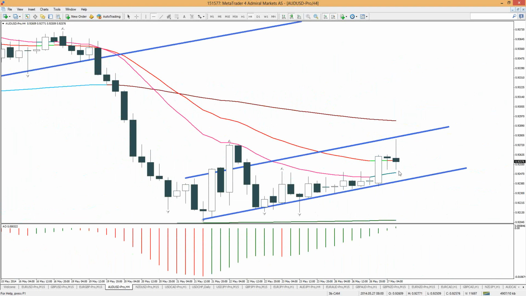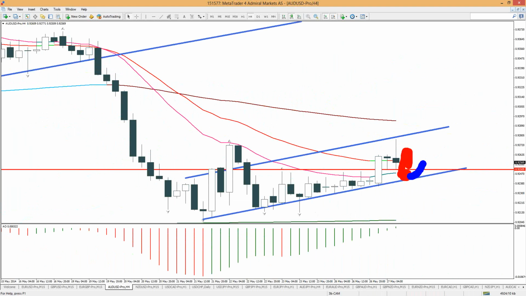Particularly interesting would be if we can close below these 4-hour lows. If we can close on a 4-hour basis below 92.50, then looking for a retracement of that candle that can close below it about halfway, with a stop loss above it, could be a good way of tackling it, right? So let's say we have a close below it, and price retraces that bearish candle, and with the stop loss above it here and an entry here for downside, could be a way of trading